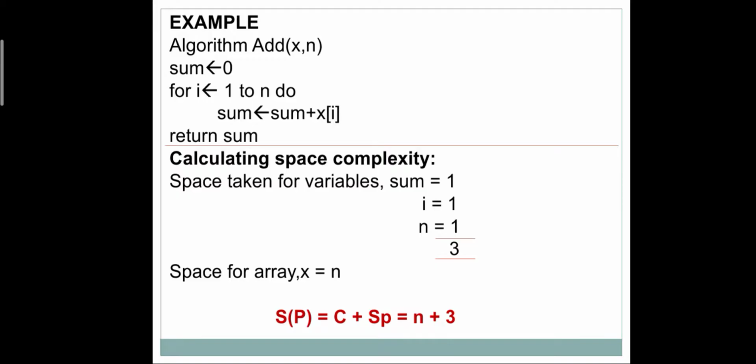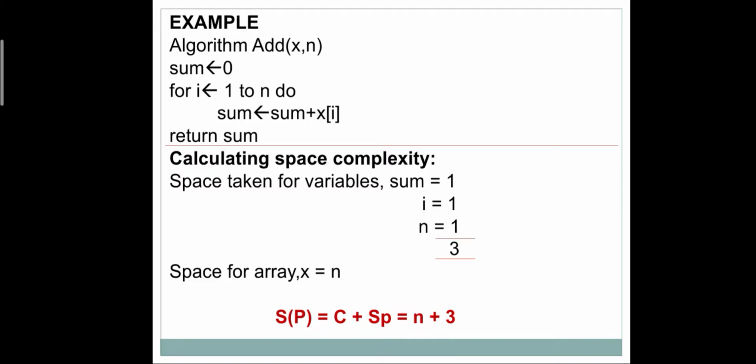To analyze the space efficiency for this algorithm, first check the number of values involved. Here, sum, i and n are the 3 variables in which each will take 1 memory space. So, total variable space is 3. This is the value of C. Next, the space for array variable x must be calculated.